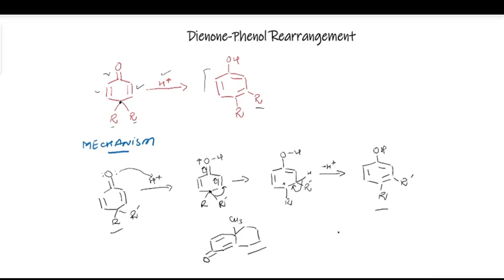Such type of bicyclic systems are usually found in terpenes, diterpenes, or even triterpenes, or steroids, right? So if you have another ring here, a 6-membered ring, and then a 5-membered ring, this forms a steroid. So the ring A and B forms this fused system in which this dienone-phenol rearrangement may take place